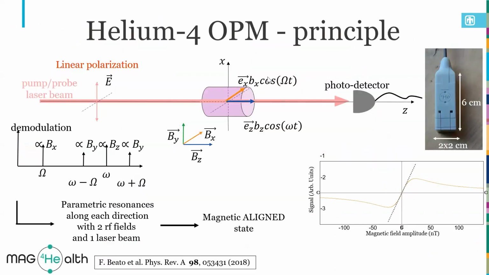So let me just spend a little bit of time talking about the physics principles behind the helium-4 OPM. This is not using circularly polarized light to pump the atoms. It's using linearly polarized light, and so the atomic spins align along the direction of the polarization. Then we measure spin precession about the direction of that alignment. To read out two axes of the magnetic field, they applied two perpendicular magnetic field modulations at two different frequencies. Here they're showing the different frequencies. We have one modulation at capital omega, one at lowercase omega, and then by measuring the frequency components at these two